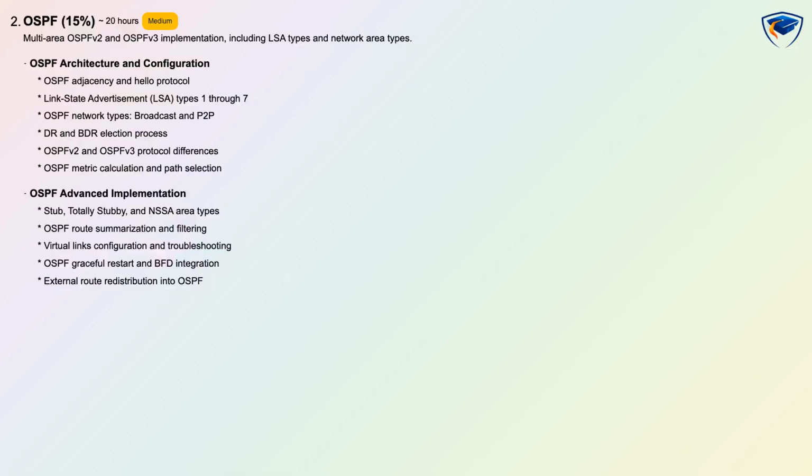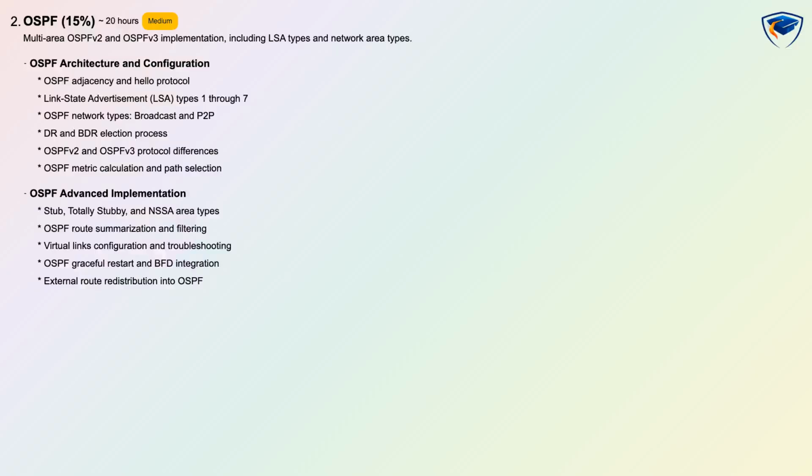OSPF accounts for 15% and is medium difficulty with roughly 20 hours of study and both hands-on and conceptual assessment. Candidates will master multi-area OSPF 2 and OSPF 3, adjacency formation and hello behavior, and LSA types 1 through 7. You will learn network types, DR and BDR elections, metric calculation, and protocol differences between OSPF 2 and OSPF 3. Advanced implementation items include stub and NSSA areas, summarization and filtering, virtual links, graceful restart, BFD integration, and external route